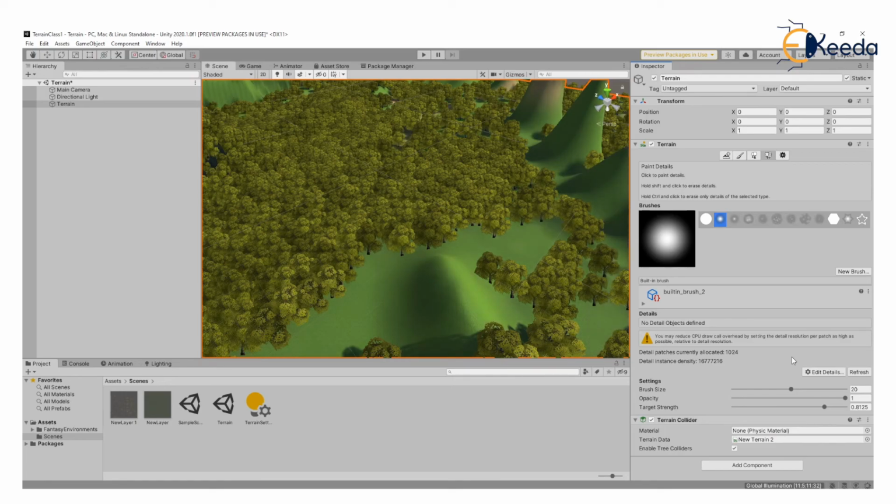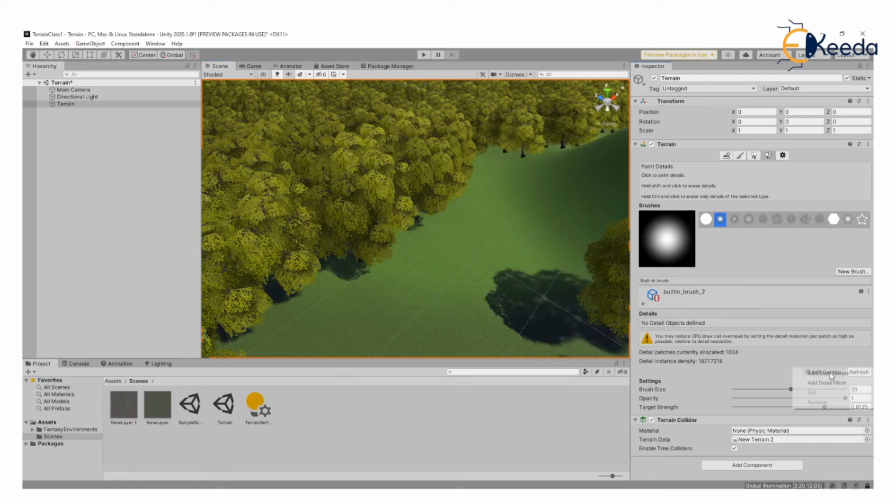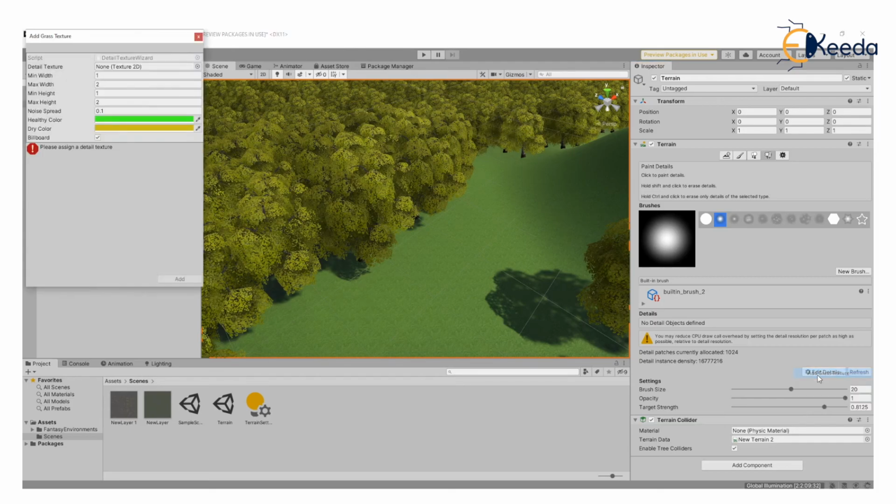You have to go really close to look at these details. In order to add grass, we go to edit details.